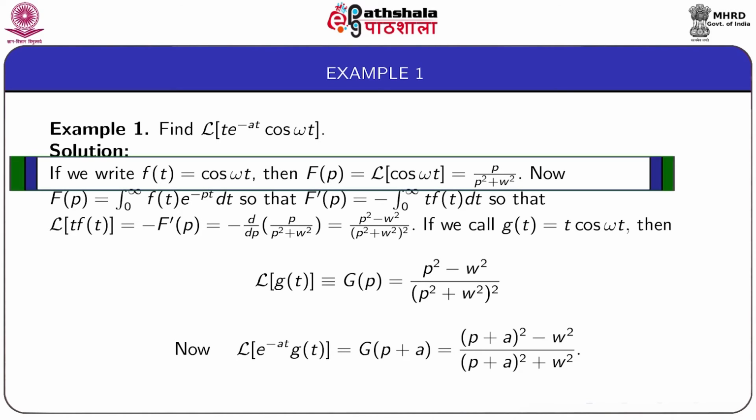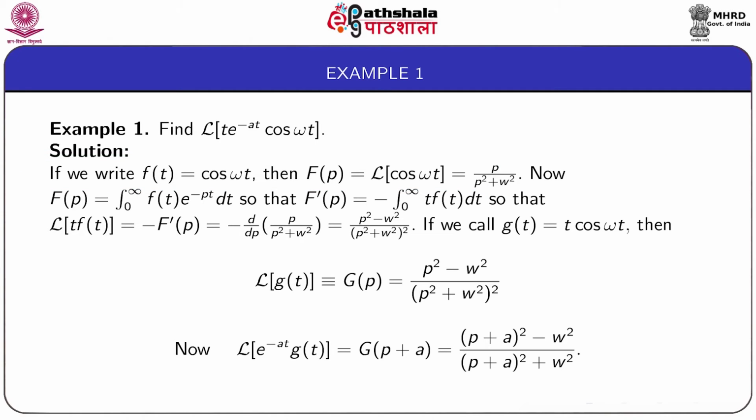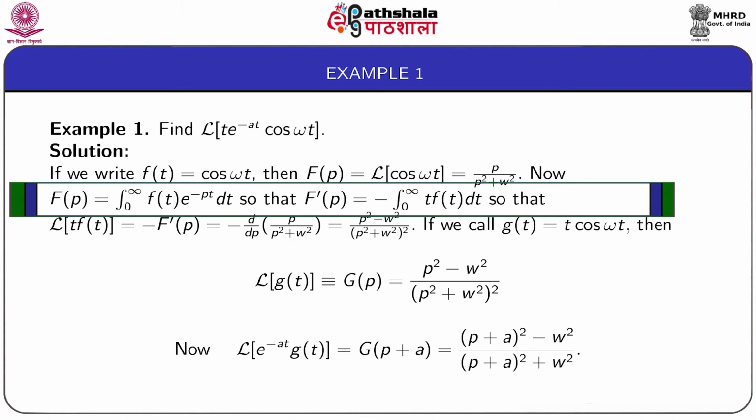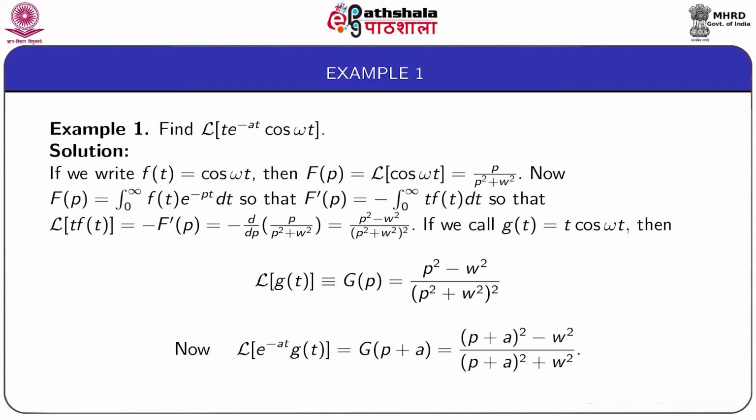Now, if we write small f(t) equal to cos omega t, we know that its Laplace transform capital F(p) is given by p by p square plus omega square. Also, capital F(p) is written as integral from 0 to infinity small f(t) e to the power minus pt dt, so that